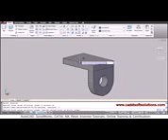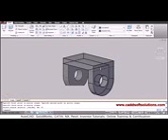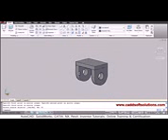Those 3 points will define the plane around which you want to mirror. So this is the second point and this is my third point. And I don't want to erase the source object, just say no. So it has been mirrored on the opposite side. So these are two separate objects now.